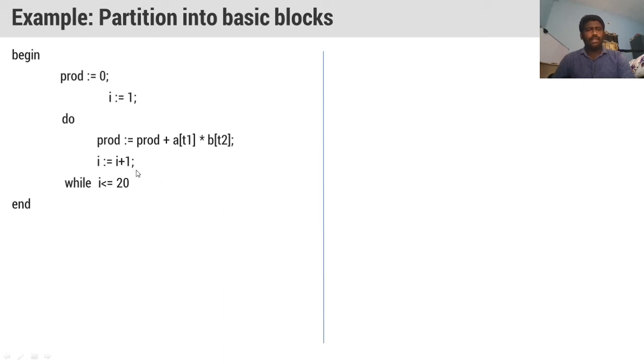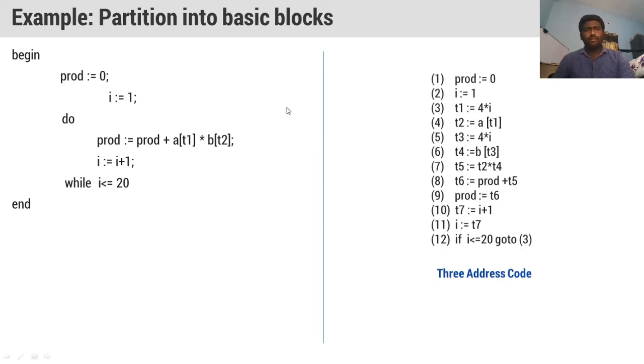We increment I equal to I plus 1, and loop while the condition I is less than or equal to 20. We are going to write 3-address code statements for this, and these are the 3-address code statements for the example given here.